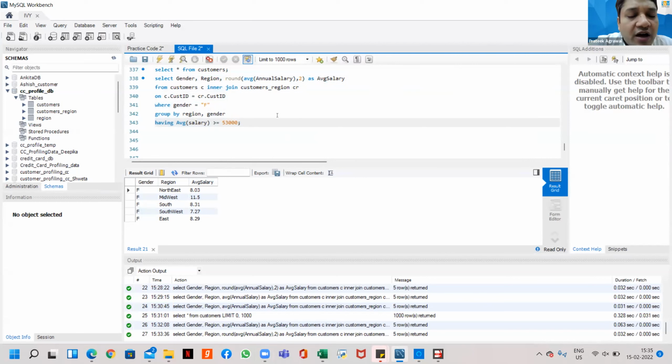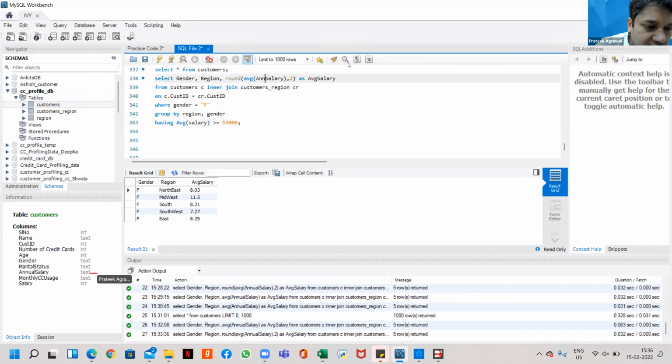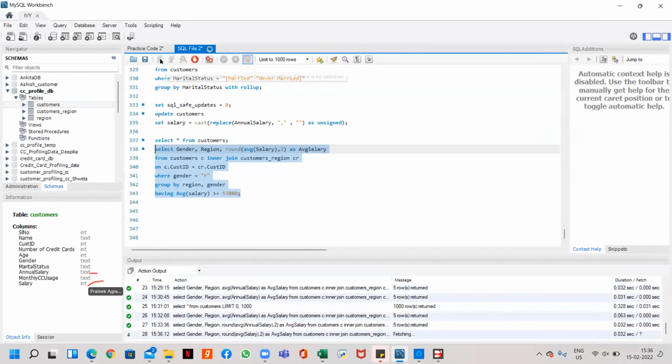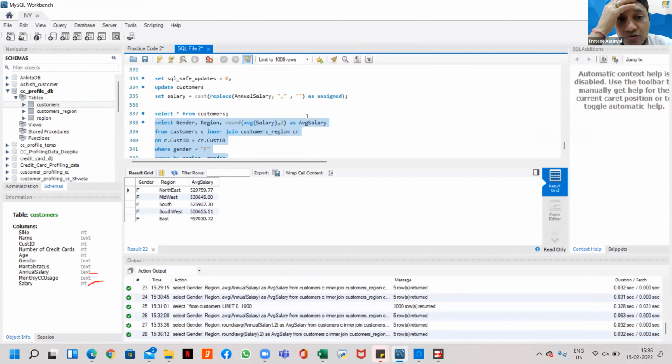Why are you putting on annual salary? Annual salary is a text column. Click on the customers table on the left hand side. When you click on the customers table, you can see annual salary is a text column. Oh, okay, I should take salary. Yeah, that is the reason why we had created another column called salary, and we changed the data type of salary with the help of the cast function to numeric, unsigned. Okay, got it. Thank you so much.